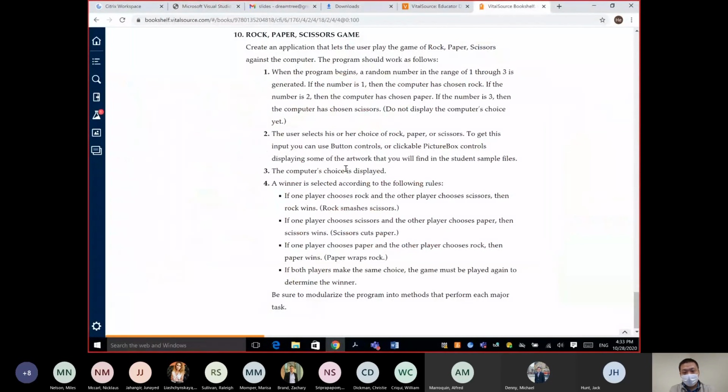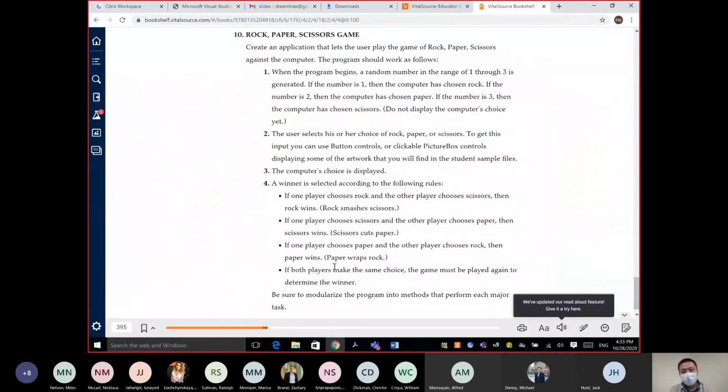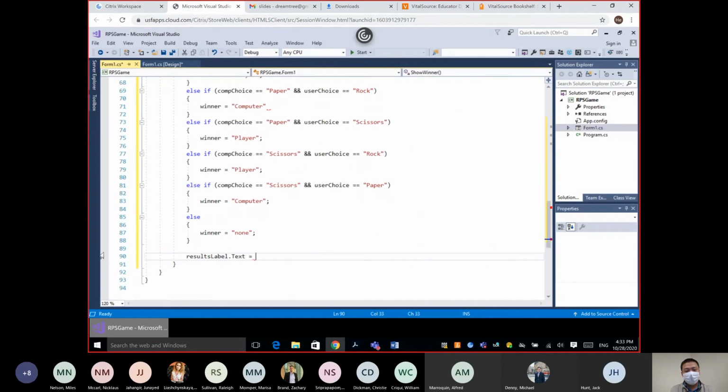So when we click the button, the computer's choice is displayed, right? Then the winner is displayed, okay? So we need to display two things. First one is what's the computer choice? The second one is who is the winner, okay? Who is the winner? So we have, it is the computer